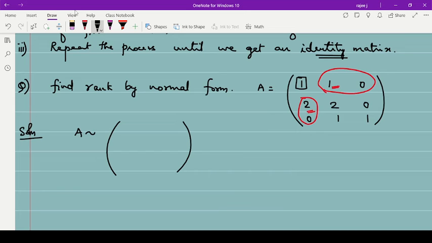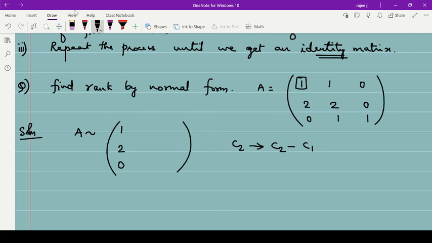You cannot do simultaneous operations in a matrix. Means once you are doing a column operation, you cannot do a row operation in the same step. If you are doing column, do only column. If you are doing row, do only row. Both row and column transformations you can use, but simultaneous use is not allowed.